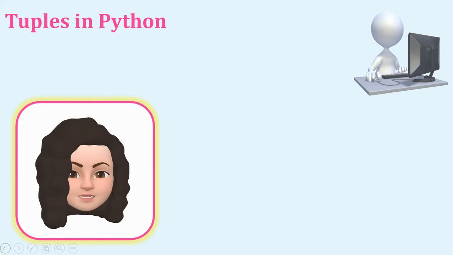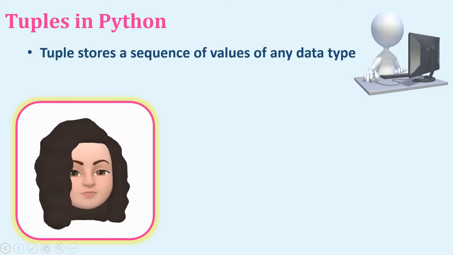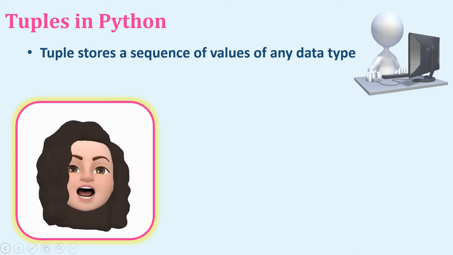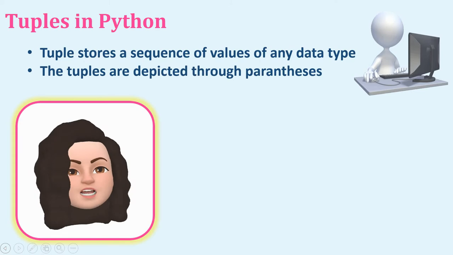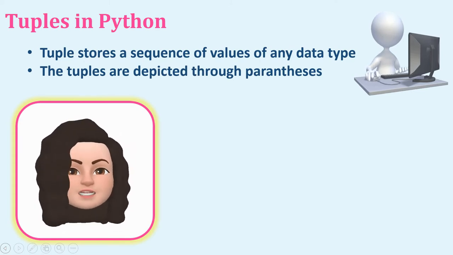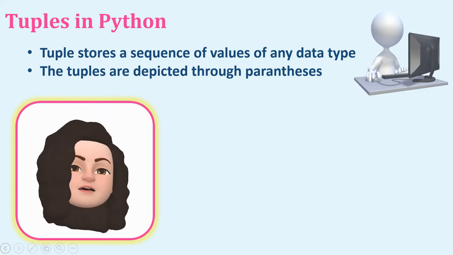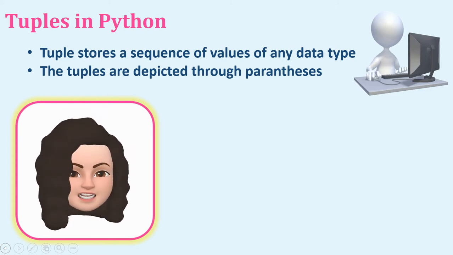Tuple data types in Python store any set of values. A sequence of values of any data type should be separated by commas and enclosed within parentheses. List elements must be enclosed within square brackets. Strings should be enclosed within quotes. So a tuple should be enclosed within parentheses. Look at the various examples for tuples.